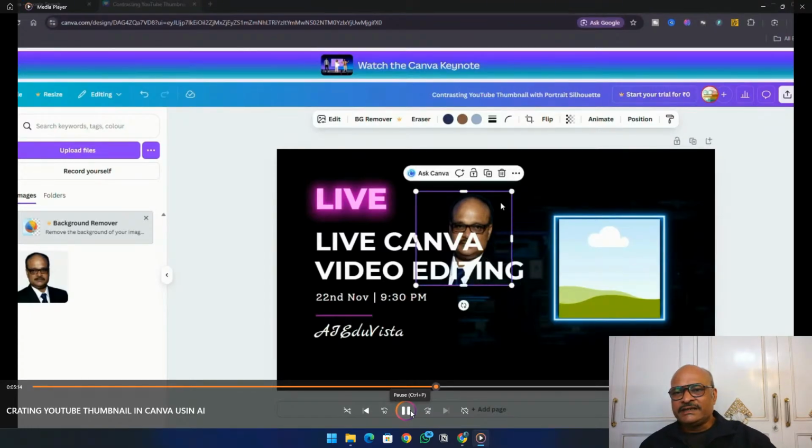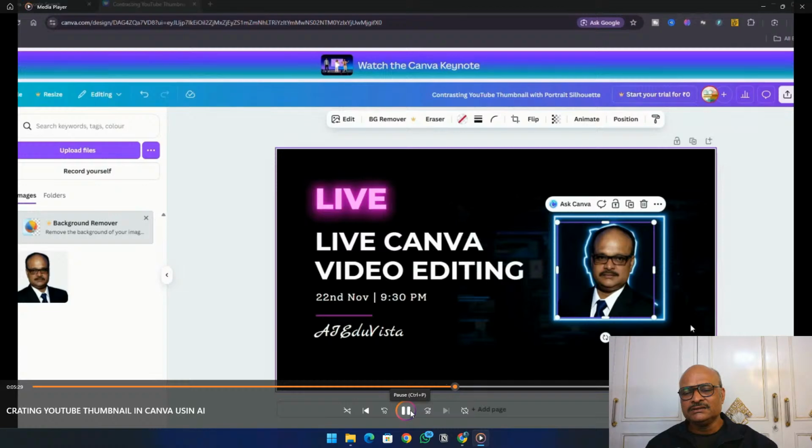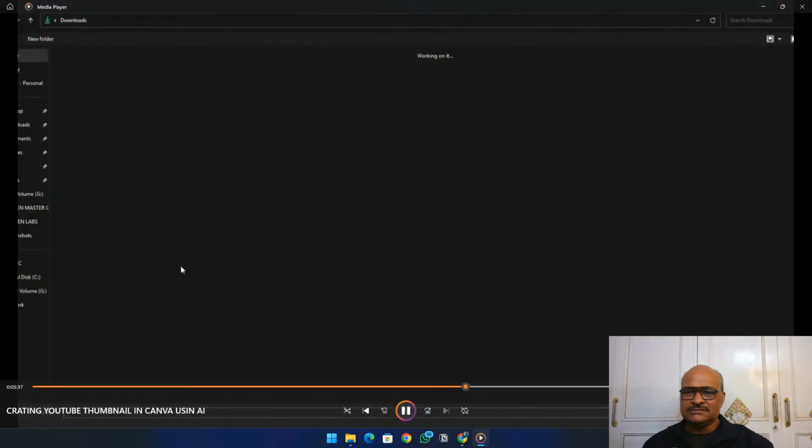So after setting the size, now I put it in the frame and now adjust it. You can adjust the size. Okay, simply click on the image and drag it. Okay, now after adjusting it according to my need,